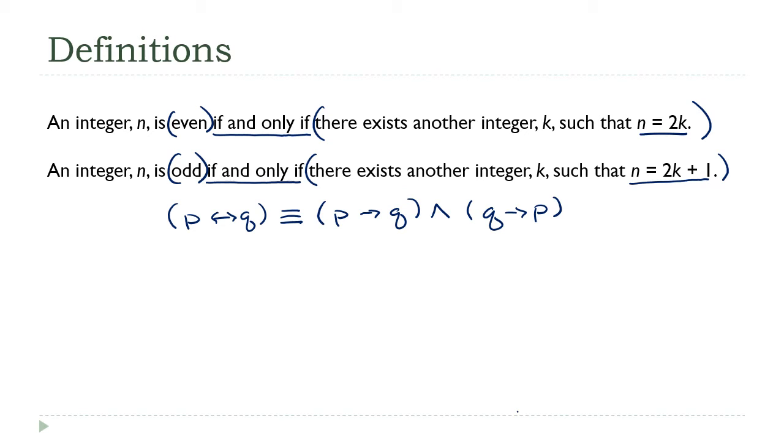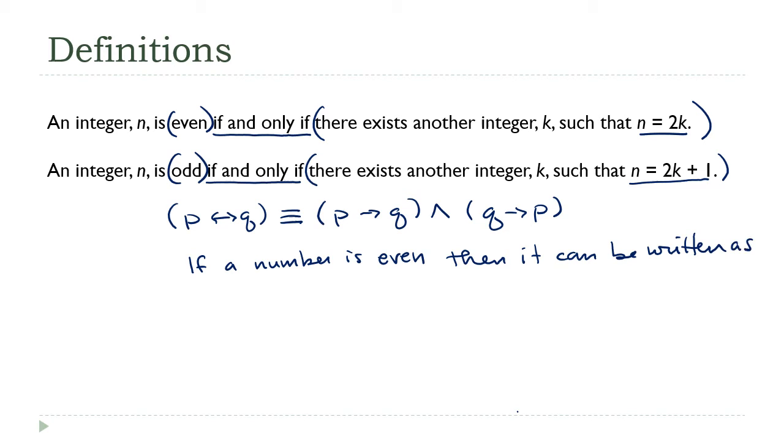Looking at our definition of an even number, this is saying first that if a number is even, then it can be written as 2k for some integer k,